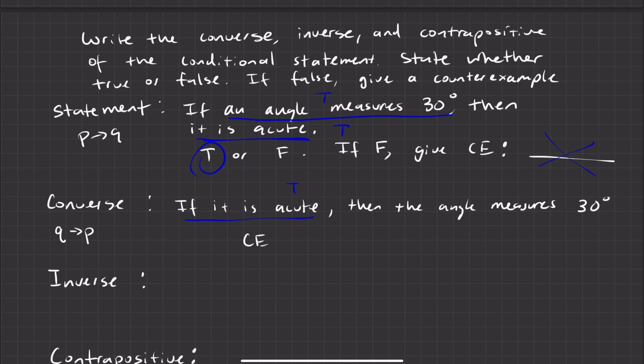We're going to assume that the angle is acute, okay? I'm going to provide a counterexample where something has to be acute, but it doesn't have to be 30 degrees, and I can say 45, y'all. 45 degrees. Is 45 acute? Yes, because it's less than 90 degrees,